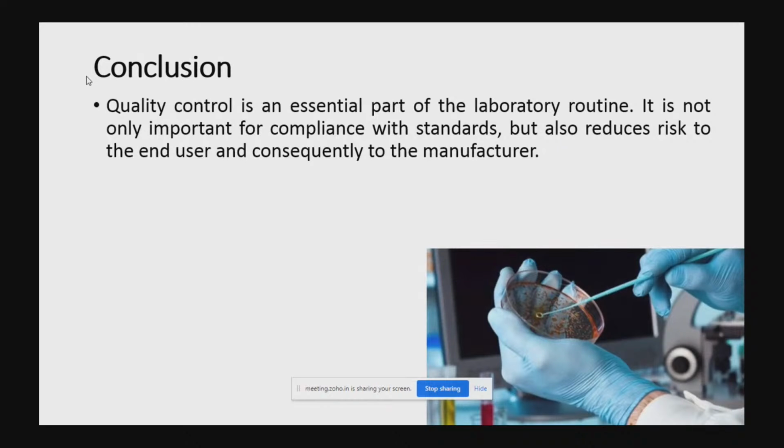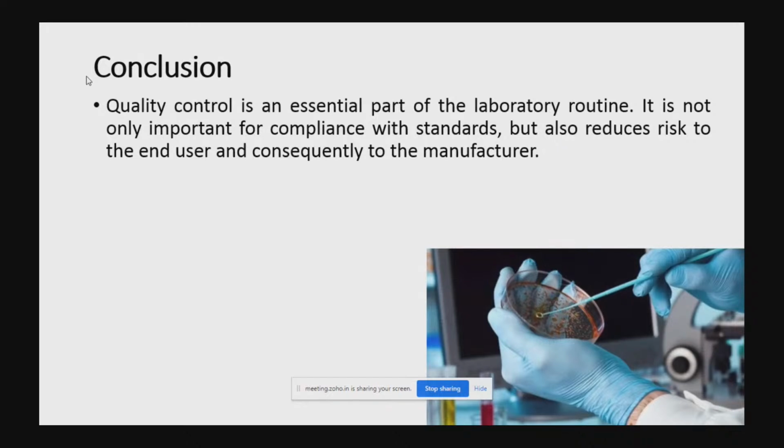In the current scenario, everything is available in ready-to-use forms. By using these ready-to-use forms, first of all, we can save microbiological time. Second, by using ready-to-use pre-sterilized materials, we can avoid falsification of the result. Also, we are saving our processing time, and we can give the outputs in minimum time using these ready-to-use things. So this is the final conclusion.